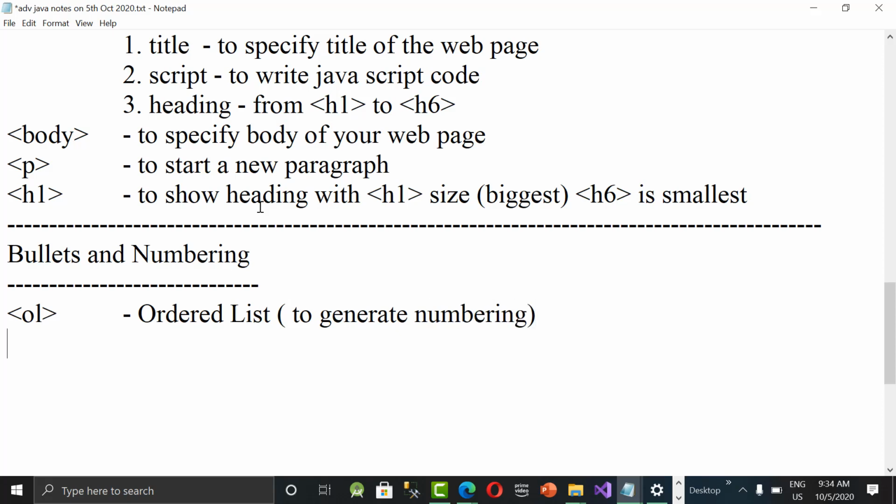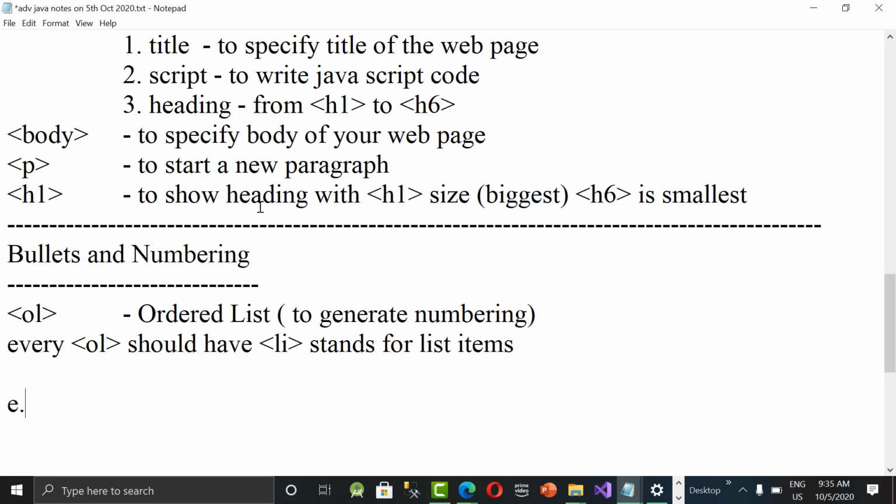And every OL tag should have LI, which stands for list item. So how many items you want to add to the particular ordered list is said to be LI. For example, I want to add four elements to OL, then four LIs we need to write.